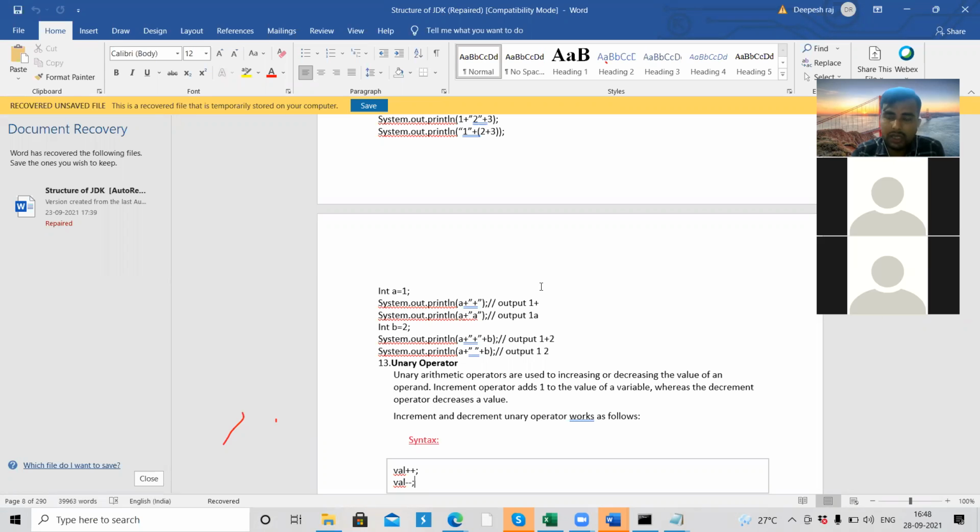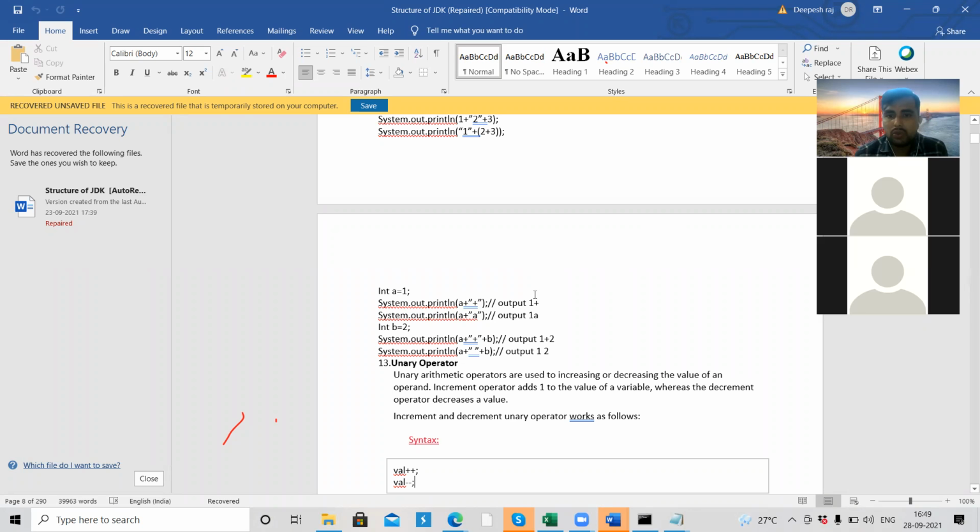If we increase the value, it is treated as an increment operator. Increment operator is just like adding 1 to the variable's value. Decrement means we decrease 1 from that particular variable's value.